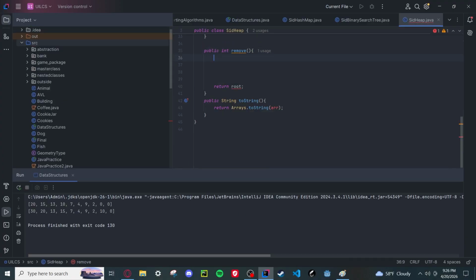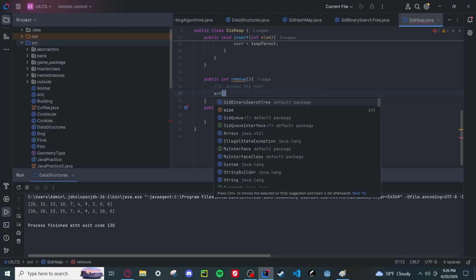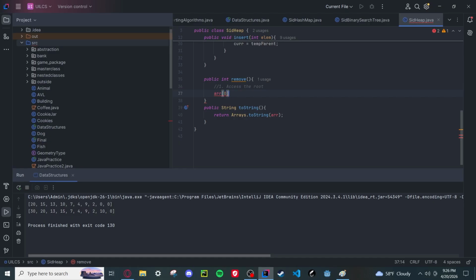Okay, so let us code in a remove function for the heap. Let me delete all this. What do we need for the heap? Step 1. Find, raise up into multiple steps. Access the root. I will say r of 0 is the root. First, so we can access the root. Okay, I know how to do that. Let's make step 1, then maybe